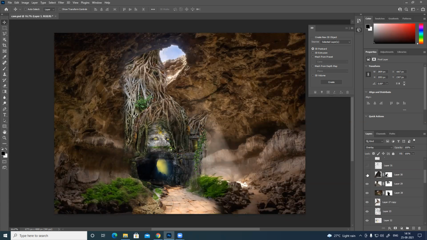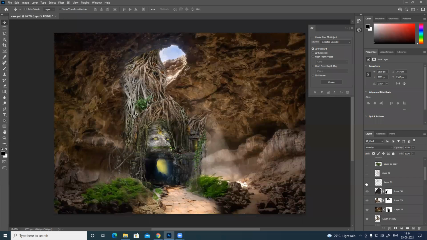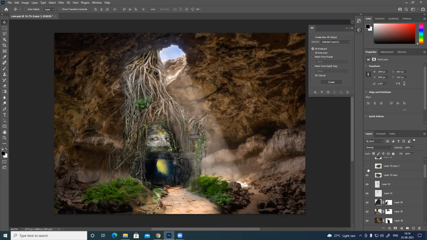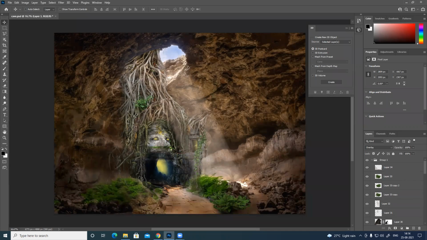Extended the root again. Some color blend. You can see god rays, which I just painted manually. Some foliage, and then again some color blend to blend everything together.